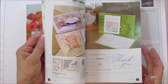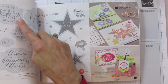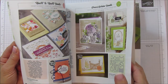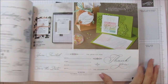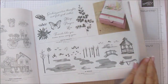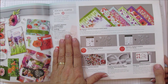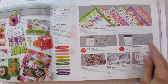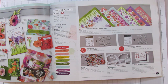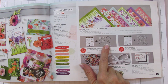And so let me show you where it is in here. But look, this is the other stamp set I used. This is such an awesome bundle. There's so much good stuff in here, and I am not sure I can even find it. Oh, here it is right here. So you can also get the whole suite, because now we have where you can buy the whole suite. So that would include everything here on this page. But the bundle is just right here, the Painted Poppies Bundle on page 25, and this is what I'm using